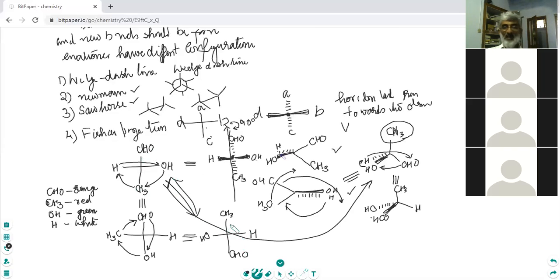It is just like I am looking from the front or I am looking from the back. I'm standing with my back to you or with my front to you. I remain the same. Okay. So this is what a Fischer projection is. You can play with Fischer projection. You can convert one Fischer projection into another one. So this is a second method of